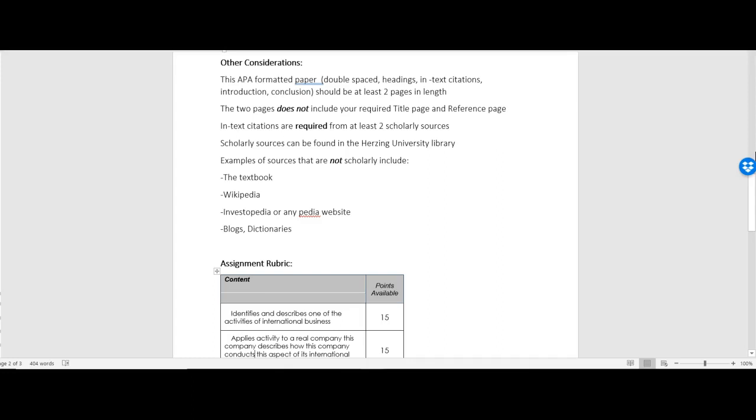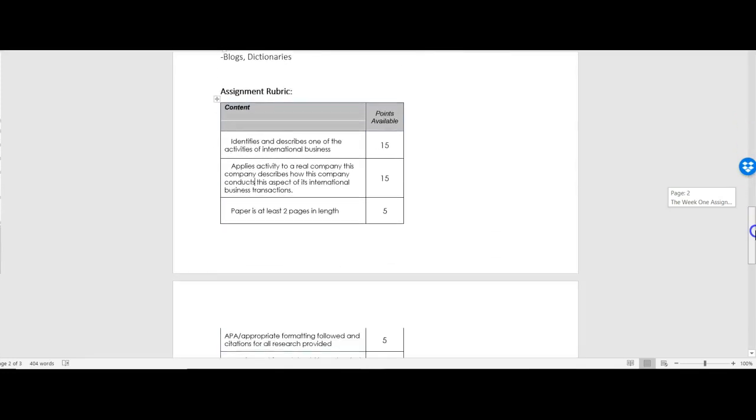In-text citations, again, are required from 2 scholarly resources. Where do you find scholarly resources? The Herzing University Library. So some examples of resources that are not scholarly: your textbook, Wikipedia, Investopedia, any Pedia website, blogs, and dictionaries. So do not use those in your papers because those will not be included or count towards scholarly resources. And just to review the rubric,